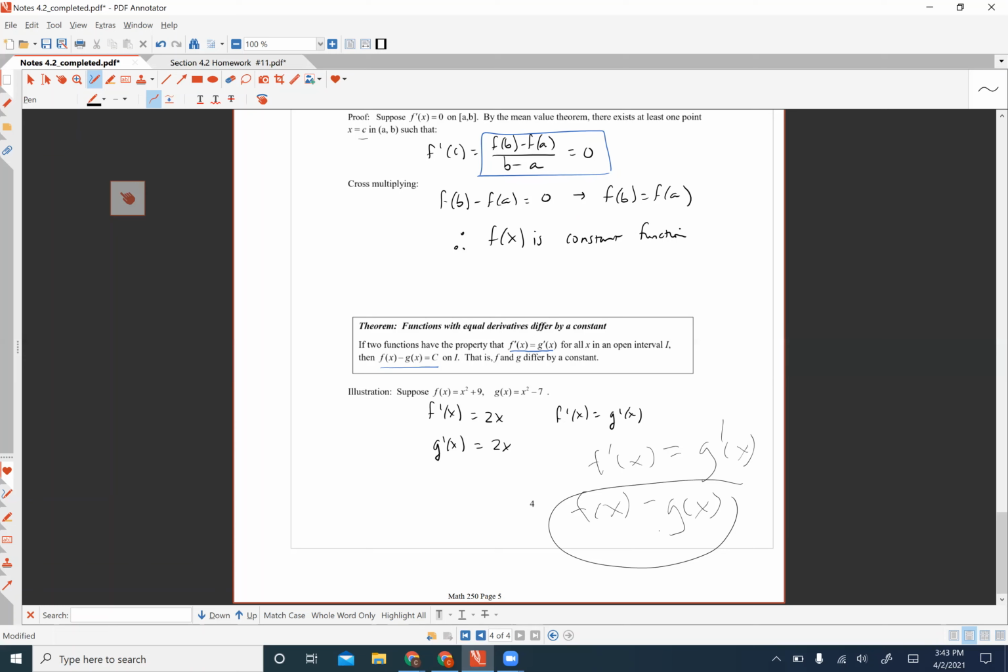that kind of use this fact right here. So look at these two functions here, f of x equals x squared plus 9, and g of x equals x squared minus 7, right? The functions